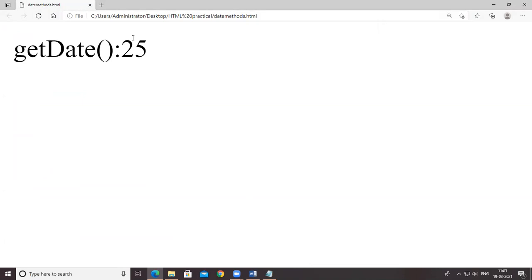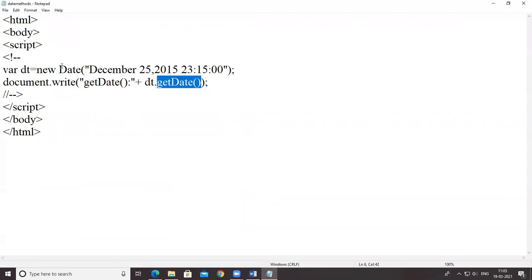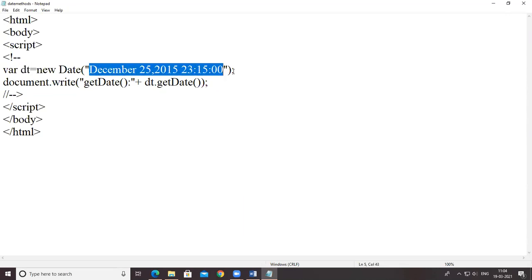See, the date is 25, which is written here, where the value of the variable dt is assigned by using this. See this? This is the date, this is the year, this is the time, and this is the month. Here the variable uses getDate, so it returns the value 25.